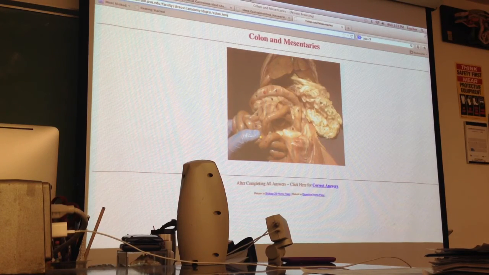Now the best way to identify this spot as where the small intestine goes into the large intestine is that, just like we saw in humans, it doesn't go straight into the end, and it doesn't have a clean connection point. It goes in kind of to the side, right? So it would pop in right here,